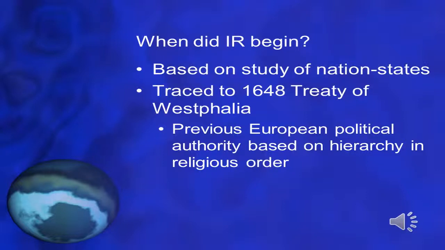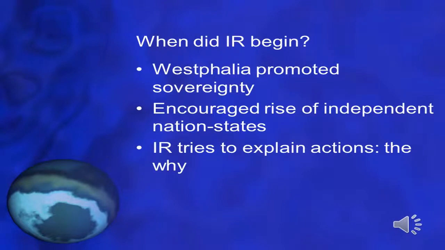Thus, the Peace of Westphalia ended that 30 Years' War, which was basically a religious war between Protestants and Catholics in Germany and the small German states. A simple way to view this is that sovereignty says, I'm not allowed to tell you what to do and you're not allowed to tell me what to do. Ancient civilizations sometimes resembled the Westphalian system, but both lack the notion of sovereignty. The Peace of Westphalia also encouraged the rise of independent nation-states, the institution of diplomacy and armies.